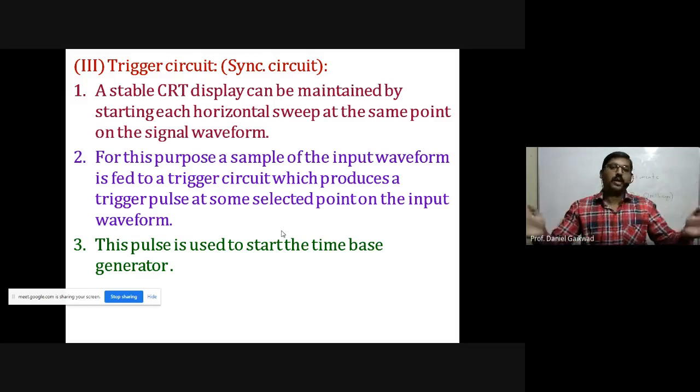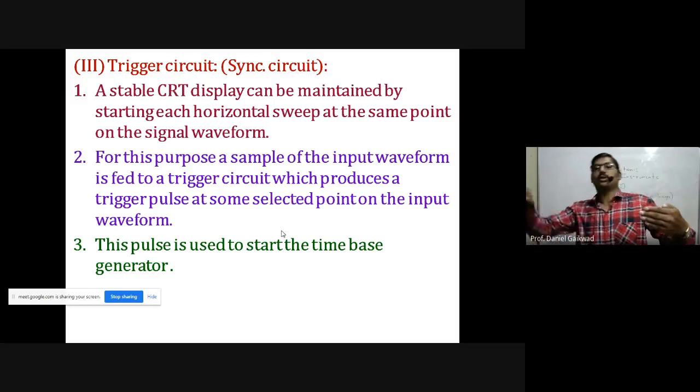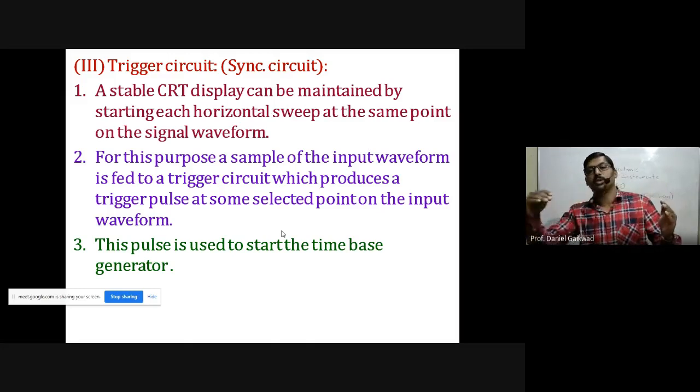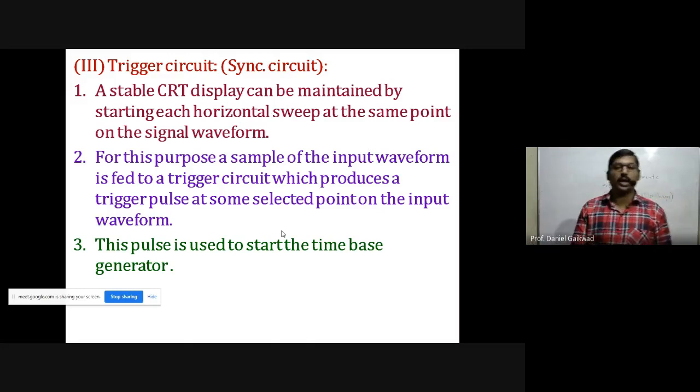To observe that, we have the horizontal deflection of the beam. So when the crest appears as a signal, only then should the horizontal deflection start. Then the crest will appear, with a y displacement and an x displacement. So we should have the x and y displacement of the beam simultaneously, and then the crest and trough are observed continuously.